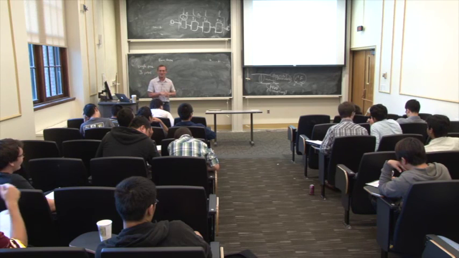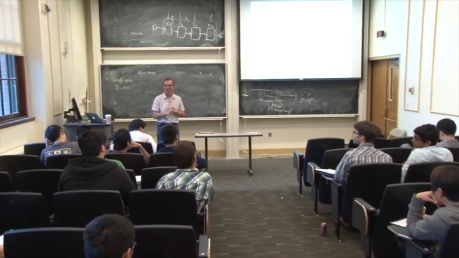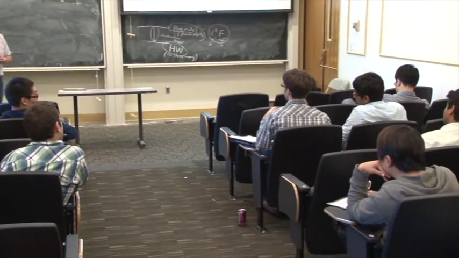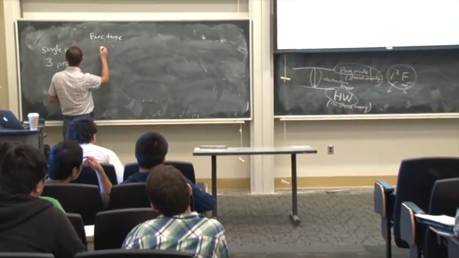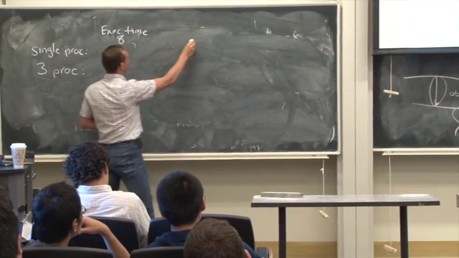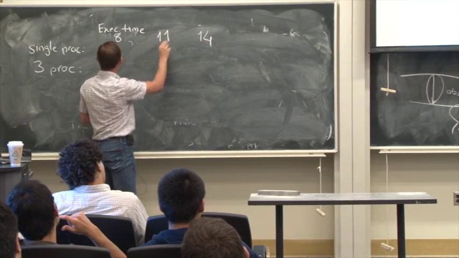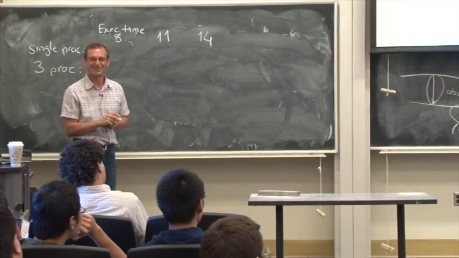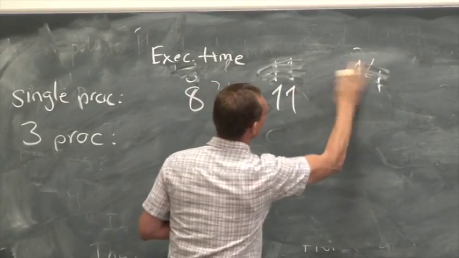Okay, what is the answer for the single processor? Jamie, or either of you? We say 8 cycles for one processor. Oh, that sounds like magic. Who else? 14 for one processor. What else? 11? What else? That's it? So I guess we have 8, 11, 14 for one processor.